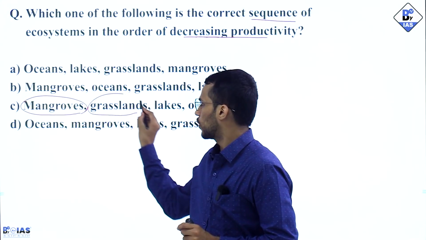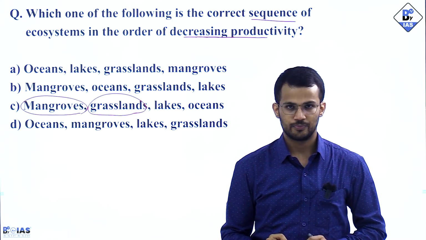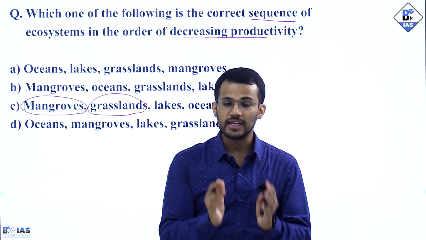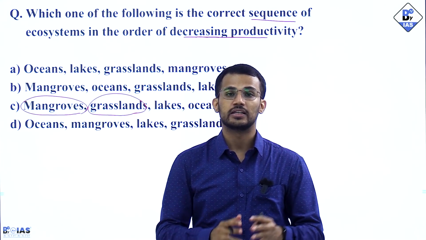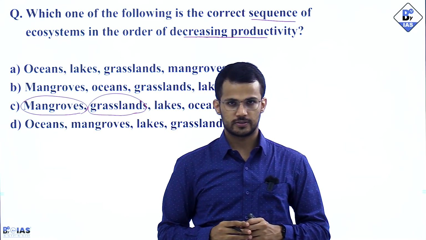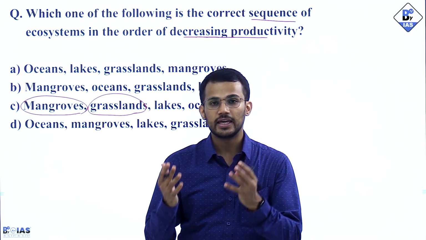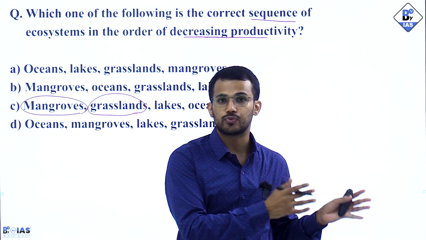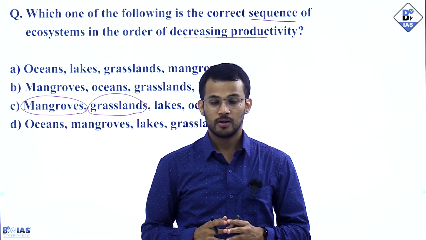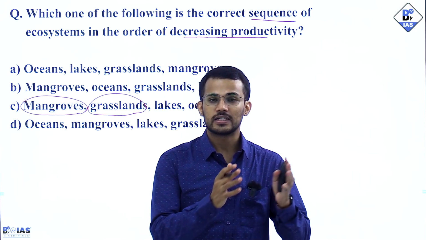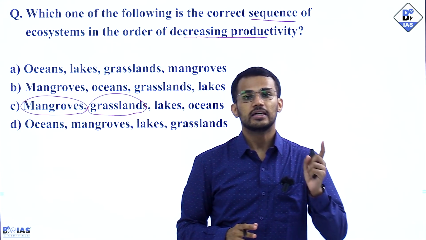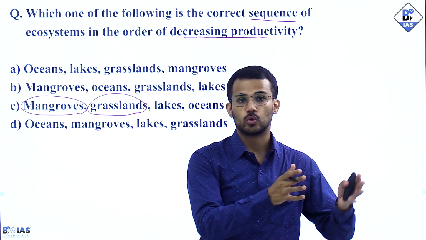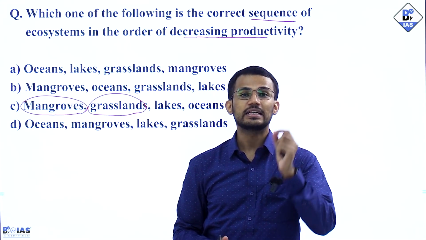So second choice should be grassland. And out of lake and oceans, it is lakes which have higher productivity than oceans. Why? Because lake ecosystems have access to nutrients coming from land. But for oceans, such access to nutrients is only limited to the border zone, which is called the neritic zone